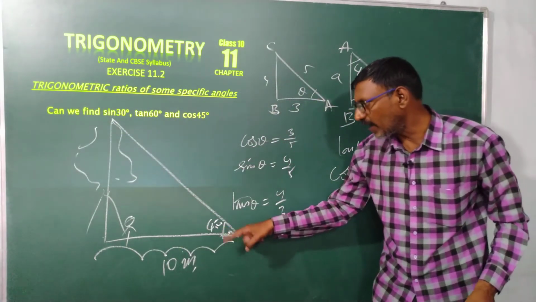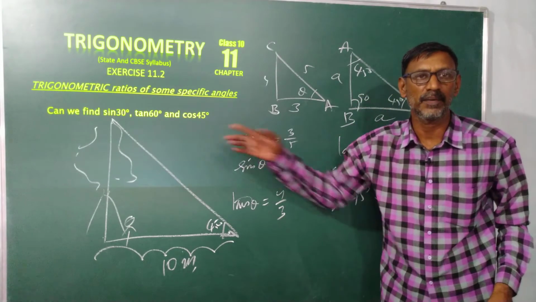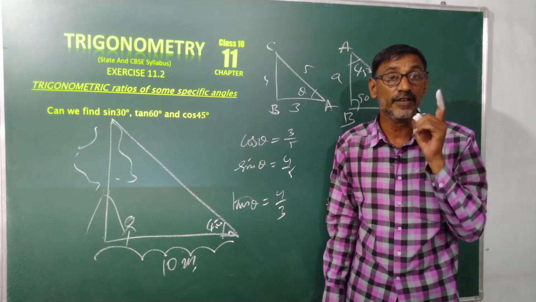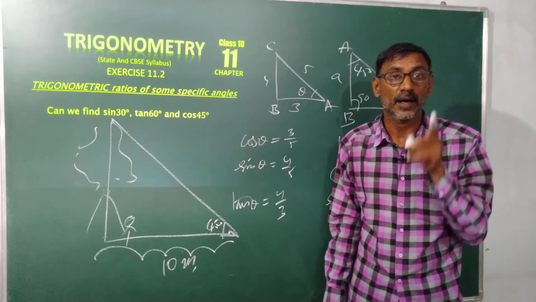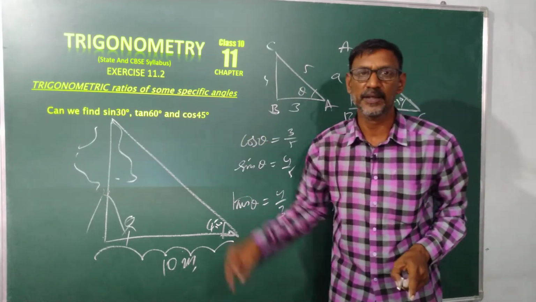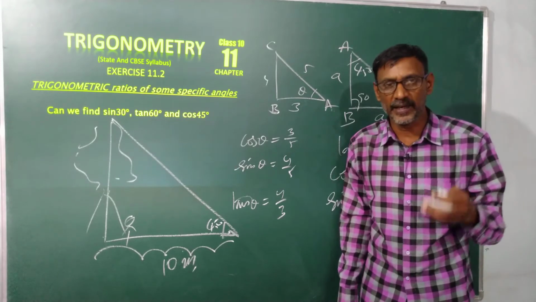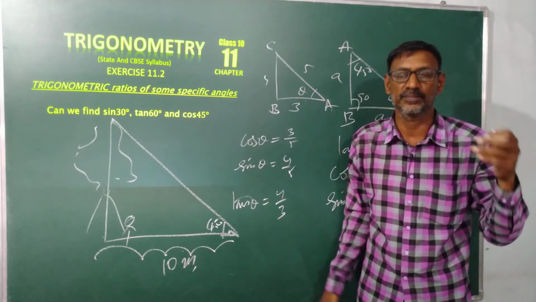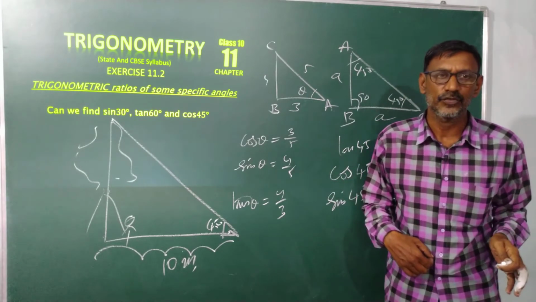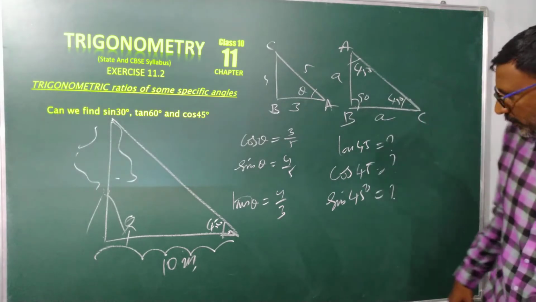With this angle, I can say the height of the tree, the height of the building, the height of the mountain. That is very, very important. Specific angles are very important. We can easily find the height of a building or the height of a tower, whatever it may be, we can easily find. Anyhow, we are coming to the concept.